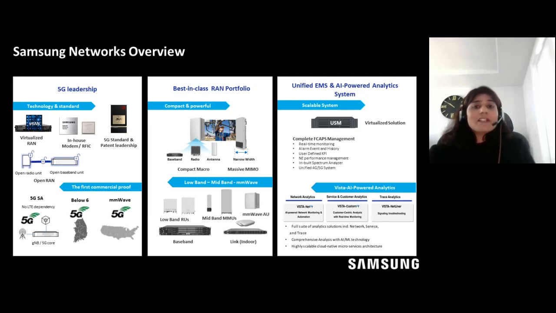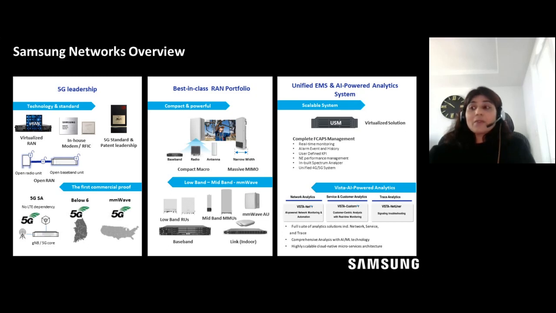In fact, Samsung's RAN portfolio is best in class and is available across all 3GPP radio bands. We have radios for all the use cases, whether it is low band, mid band, or millimeter wave, and a very powerful baseband, which we call CDU50, to support all of these radios. Our millimeter wave is based on vRAN architecture and gets connected to the VCU. We are always pushing the envelope in adopting new technologies and constantly adding features to our portfolio.